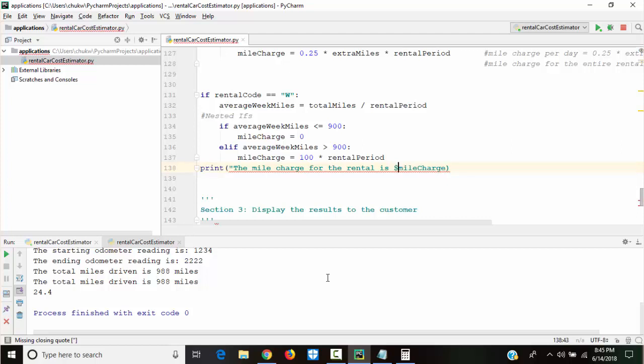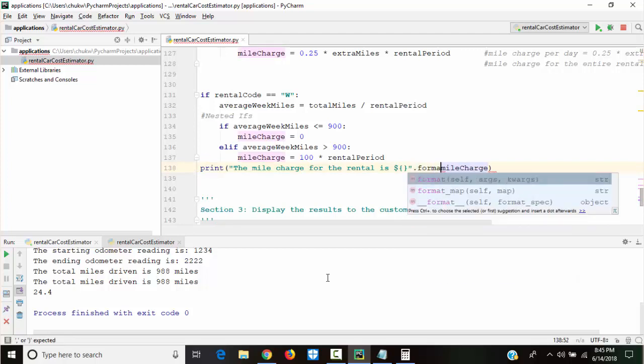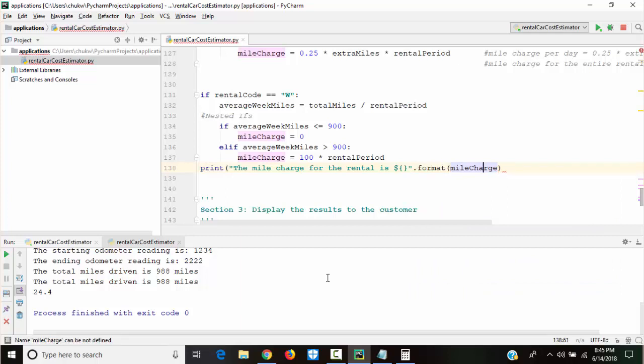So I'm gonna put this $, I'll put the braces, close the quotation, dot format, mileCharge, and here I'll put the colon and .2f, to put it to 2 decimal places because it's currency.